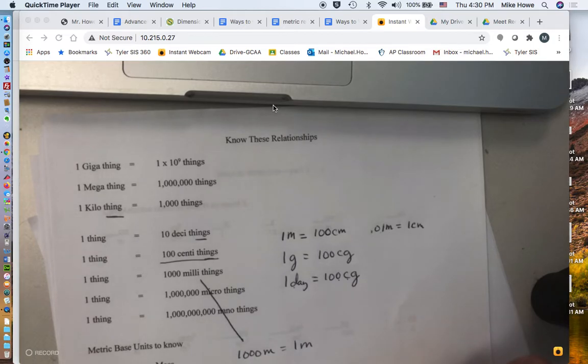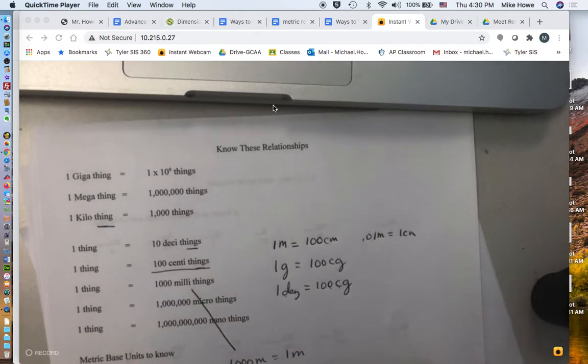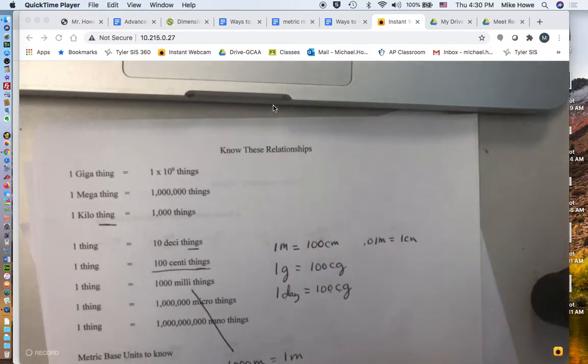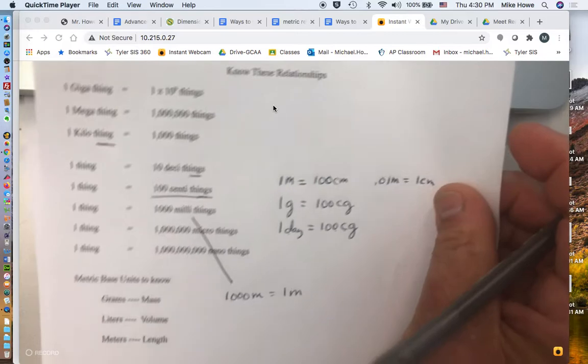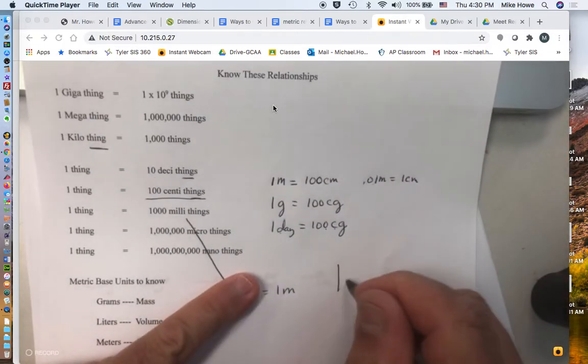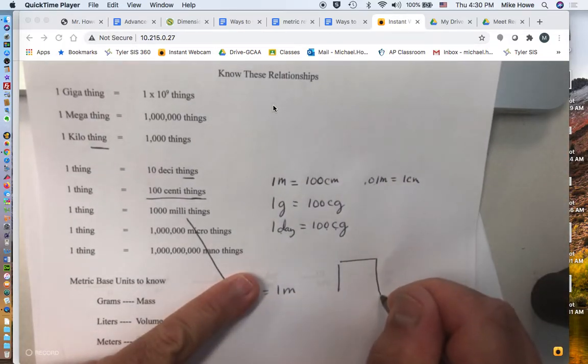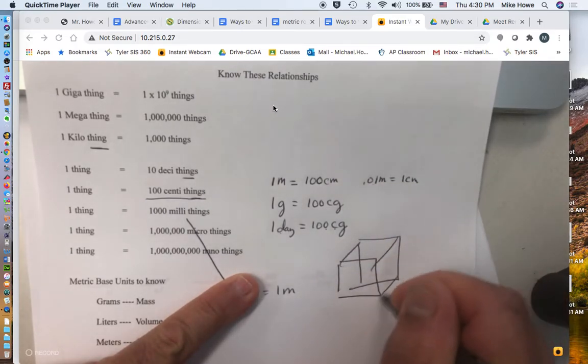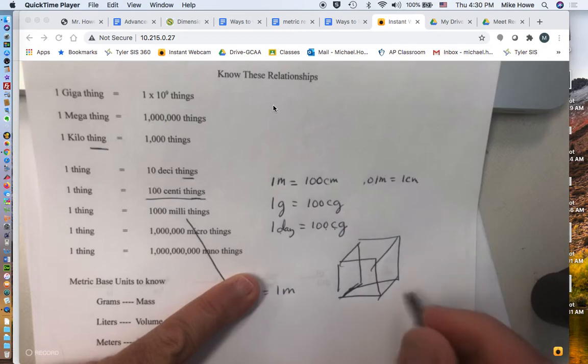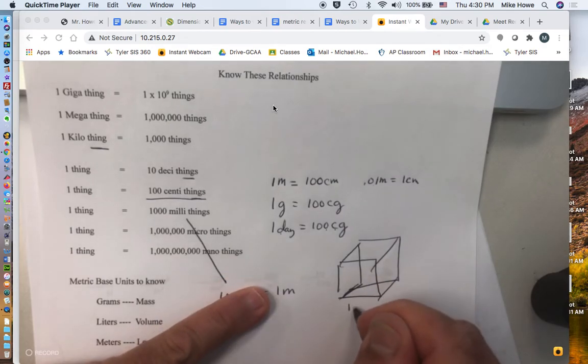I also wanted to spend a minute talking about cubics, and we didn't get to that in fourth hour, we did in sixth. So here's a little bit about cubics. I'm going to draw a cube here. It's not going to be the most wonderfully artistic cube that you've seen before, but there it is. All right, if each side of the cube is 1 meter,